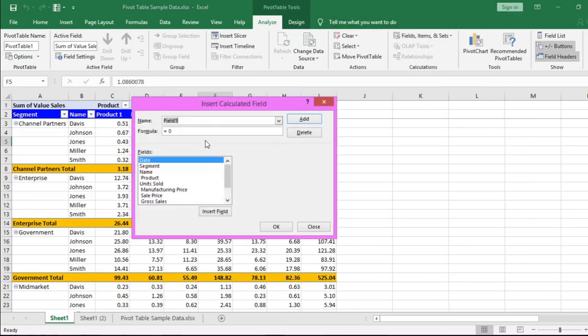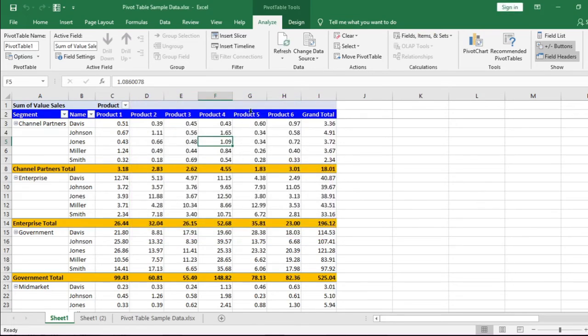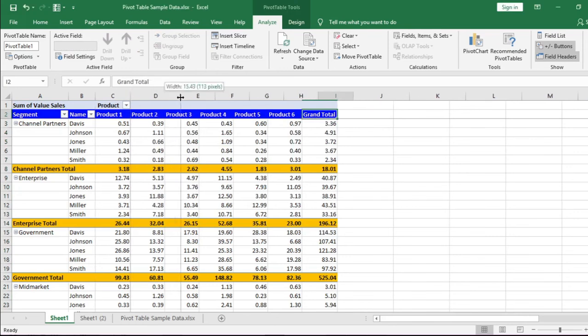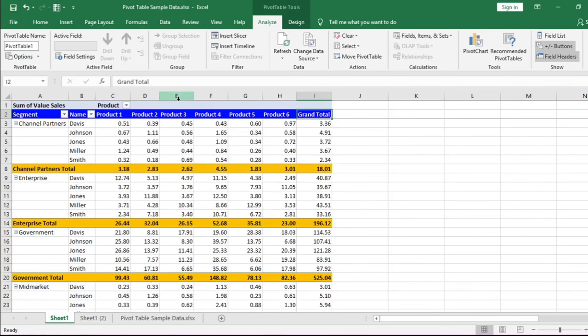In my next video, I will show you a few more customization settings in pivot table: how to maintain the pivot table if the dump file increases in size or you need to add more items in the dump file.